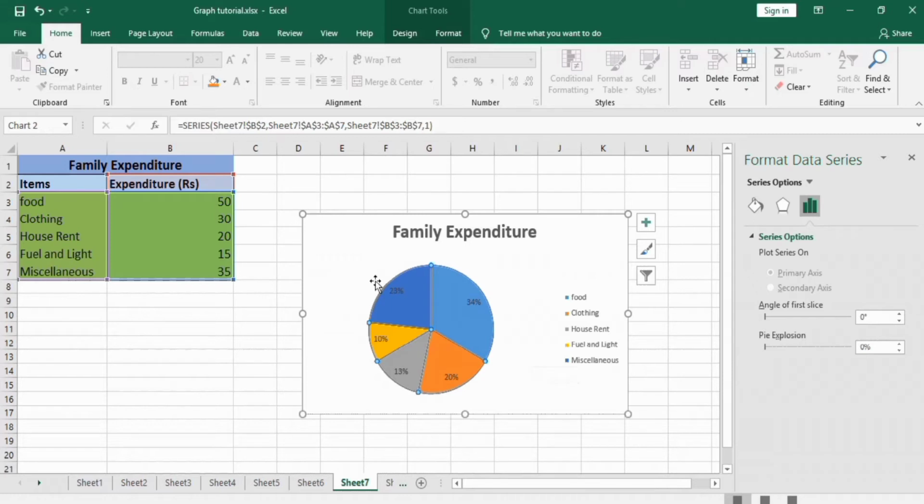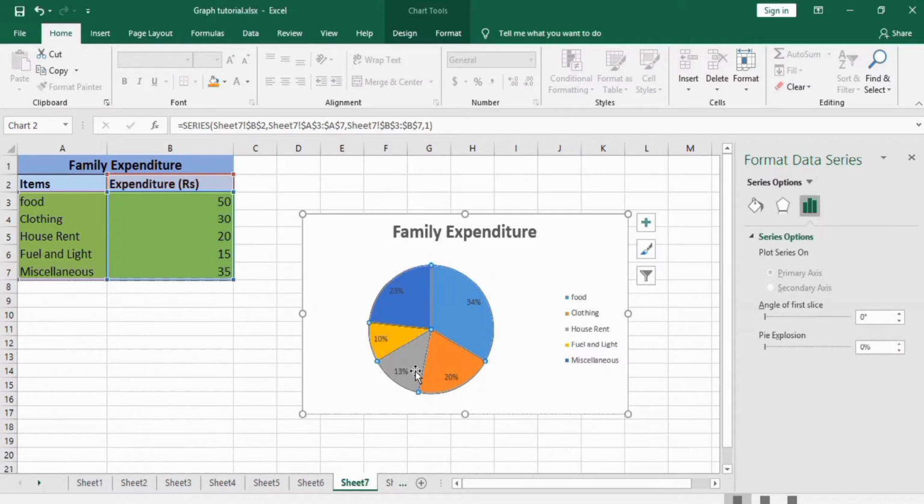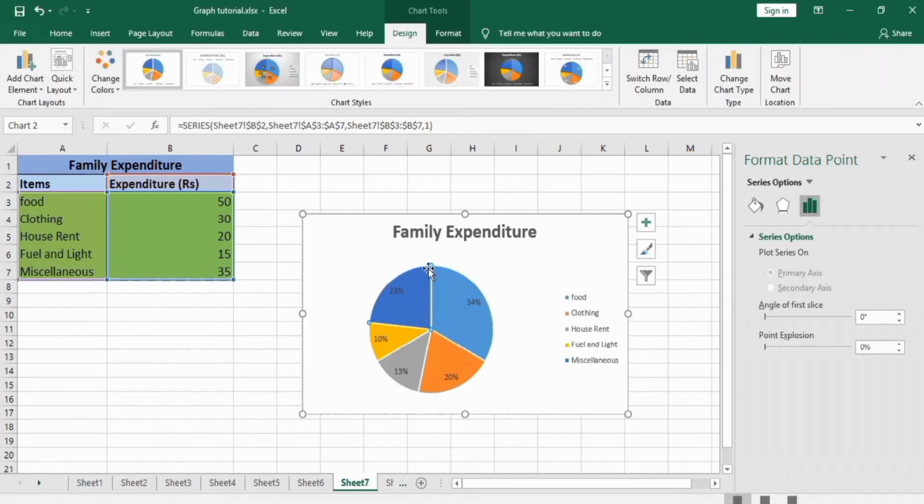Firstly, if I single click on it, then it will select the whole area. If I further double click on any piece, then it will select that piece. You can see here that this piece is selected. So if I increase point explosion, you can see it will start moving, and if we decrease it, it will come to its original place.